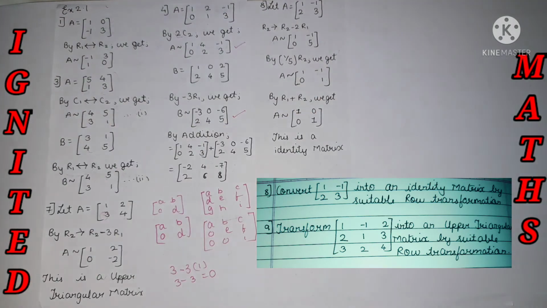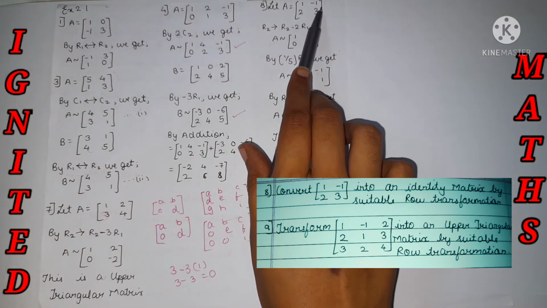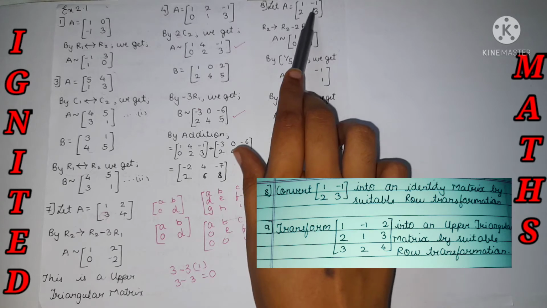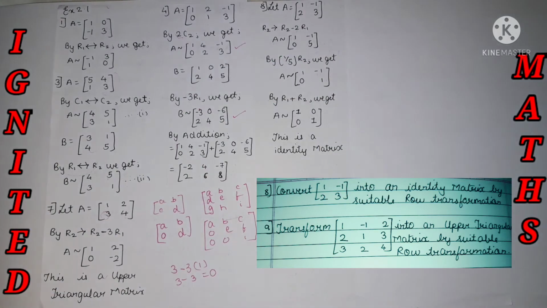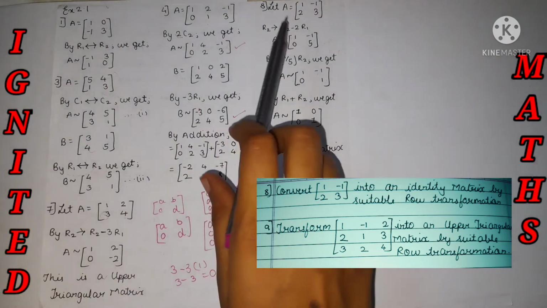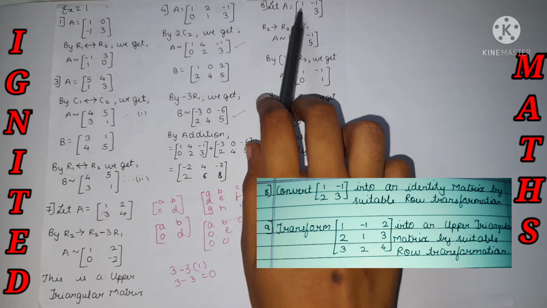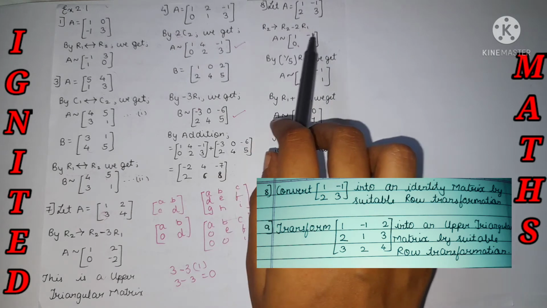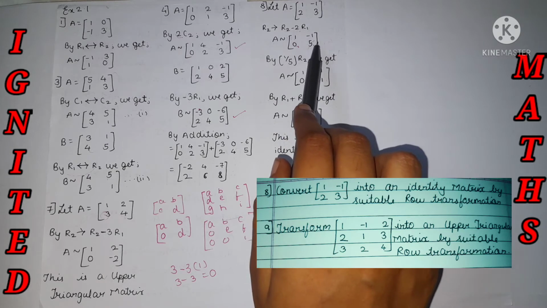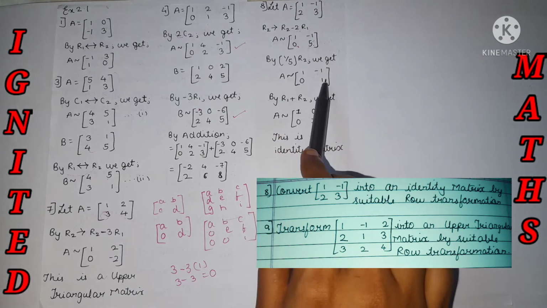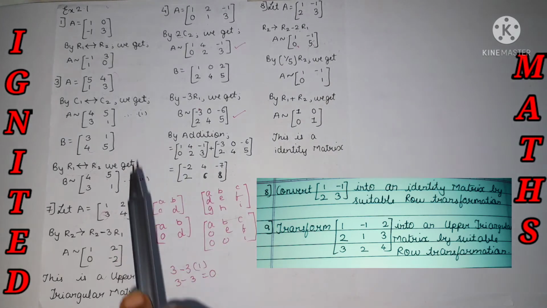The A11 element contains 1, which is absolutely all right, but my A22 element contains 3. We need to convert this into 1, and this into 0. So let's get started. I have operated R2 minus 2R1 because I need to get it as 0. For that purpose I have mentioned it here, and over here 5 is there. If I divide by 5, then we get the answer 1. For that purpose I have done the operation. 0 by 1 is also nothing but 0.